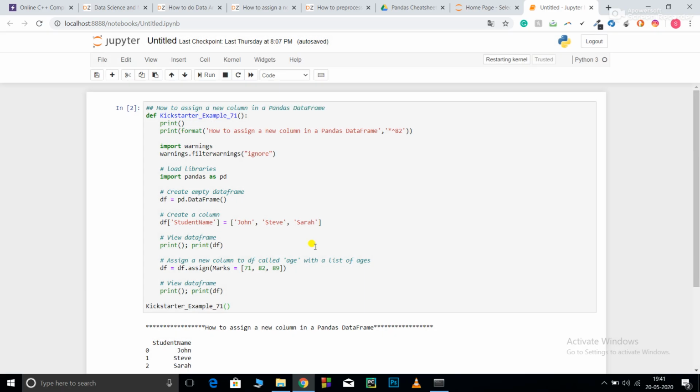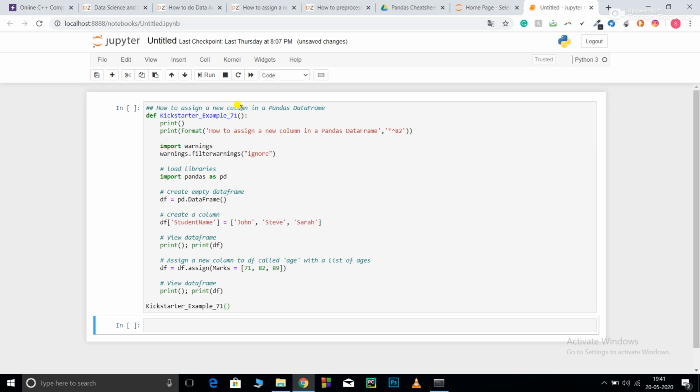So let's get started. Many times while doing data analysis, you need to add a new column. You can also say this is feature engineering, in which you create a new column using the previous columns. For example, your data point contains length, breadth and height. Now you need to add a new column named volume, so you will use these previous columns in order to create a new feature named volume. So this is where this comes into play.